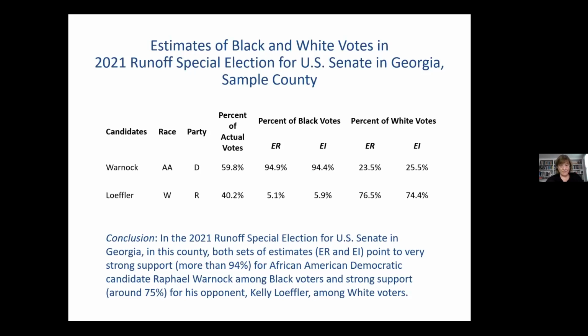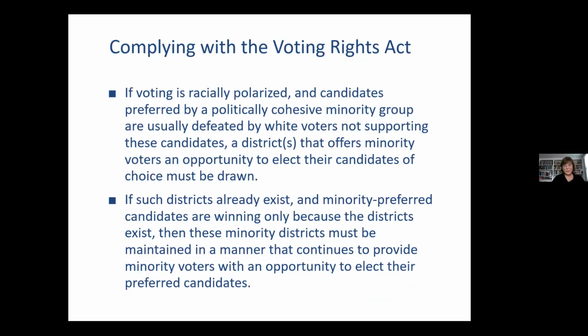Black voters are very cohesive and white voters are block voting to defeat the minority preferred candidate. Now, you're not going to do this for one election, you're going to do this for many elections because you want to look for a pattern across elections. If you find a pattern of polarized voting across the series of elections that you look at, then you're going to know that you need to create a district in which minority voters have an opportunity to elect their